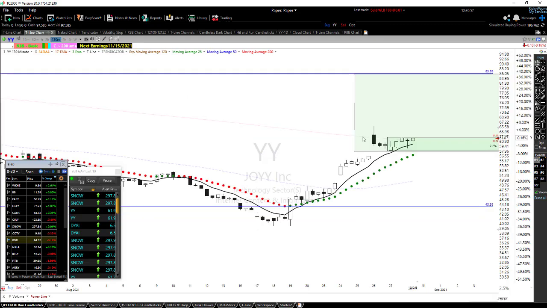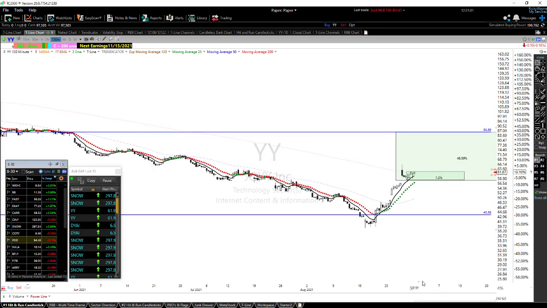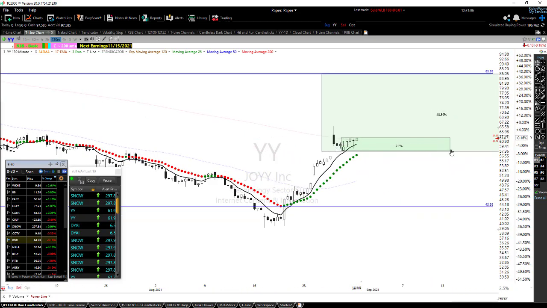So let's do this. Let's go to the 3-bar chart because I use that an awful lot. And now that I look at this chart, I'm going to move this stop up to right there. No, I'm going to move that over. There we go.